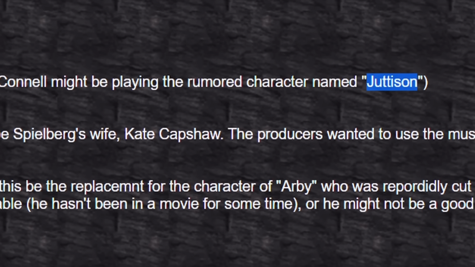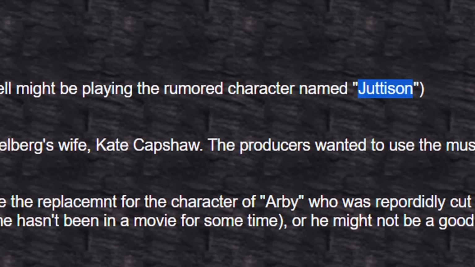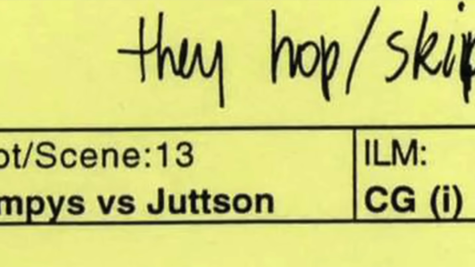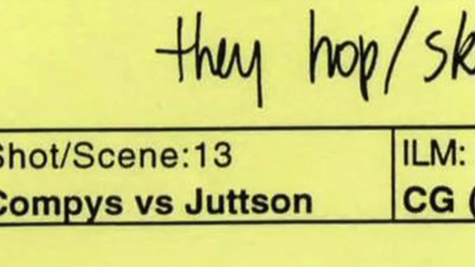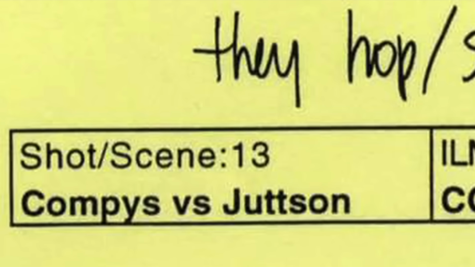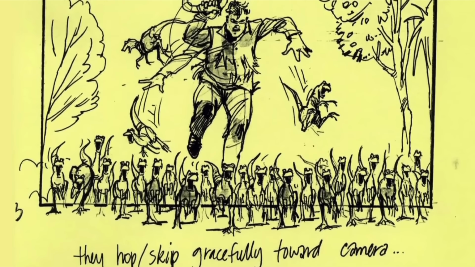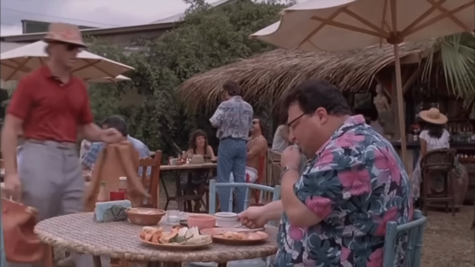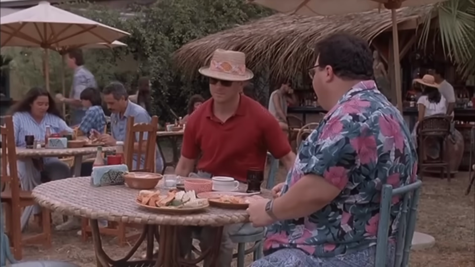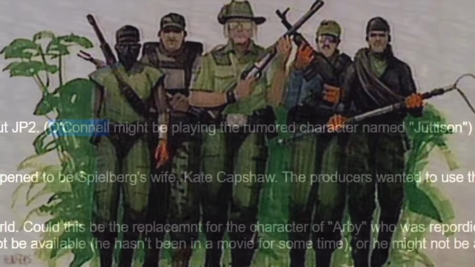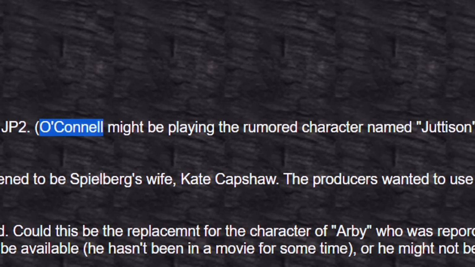Another thing that Dan's Lost World page got right about the second film early on would have been the inclusion of a human character by the name of Judson. And how they got a hold of that info, I have absolutely no idea, but originally, this was actually going to be the main antagonist of the movie, who, get this, was not affiliated with InGen at all, and was actually a mercenary sent by Biosyn, which, in case any of you didn't know, is the rival genetics company that Dodgson was working under in the original Jurassic Park. These are the guys that paid Nedry to smuggle away dinosaur embryos, and in this story, they went back to finish the job.